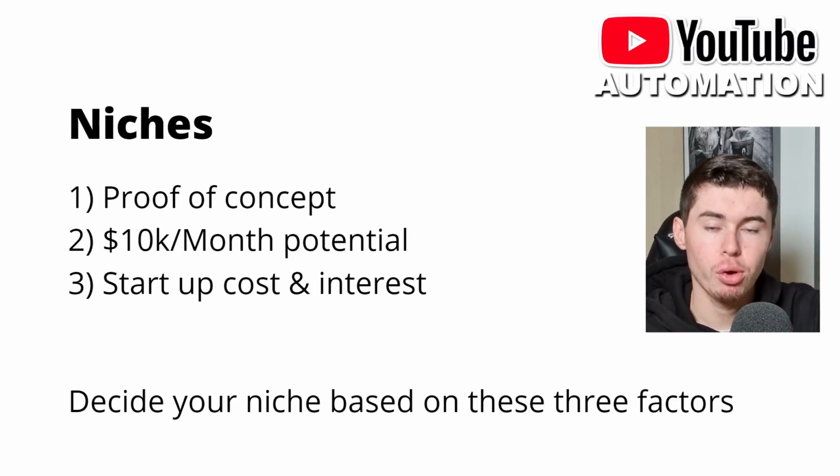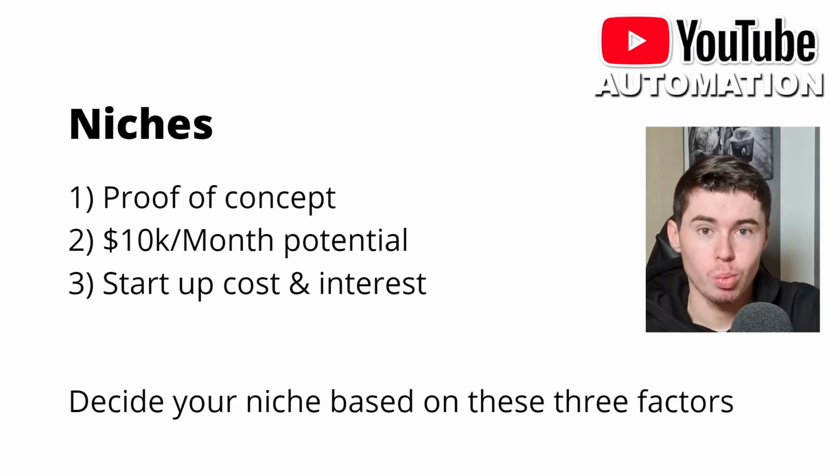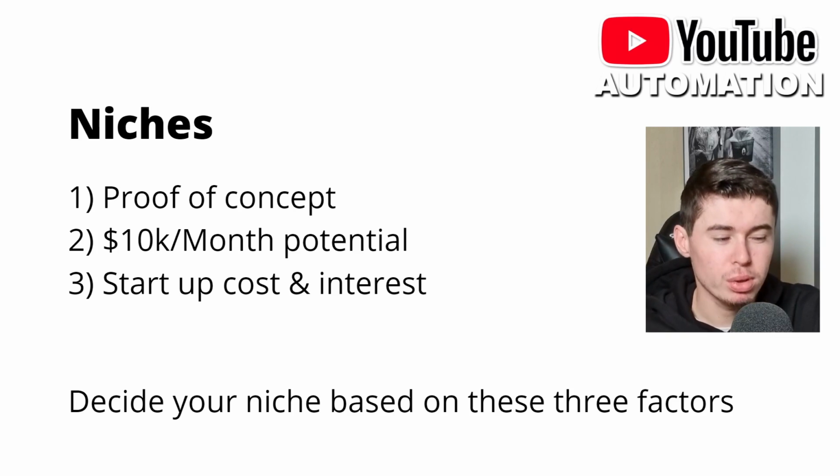If there's a niche that can only make you 3K a month, and you become the best person in that niche, you'll end up making 3K a month, which is great and all, but you can also do a niche where you can make 50K a month, don't even become the best person, the best channel out there, yet still make 10K. So I'm trying to show you that if you just go with a niche where there's a lot of potential, you probably make more money.